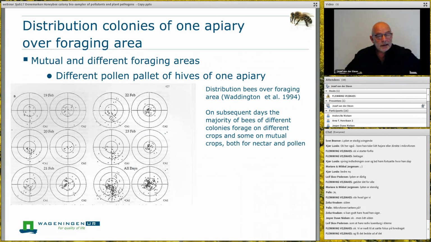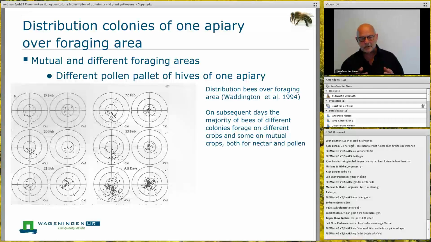This is an interesting slide, at least I think it's an interesting slide, because of using the honeybee colony as a biosampler in an apiary. Not all the honeybee colonies in the apiary are foraging in the same area. They are distributing themselves over an area. The exact mechanism, how it works, we don't know. But when you want to have a picture of an area to see what bees can collect, you need more than one colony. This was made a long time ago by Mr. Waddington. And you see on these slides, these bees are foraging more or less around